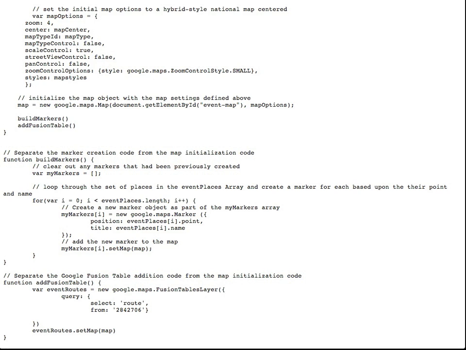Now let's look at the second function, the AddFusionTable function here, where we start the function again with just giving it a name. And since we're not passing it any parameters to modify its behavior, we're just going to have an empty pair of parentheses. And here we're using the syntax for linking to a Fusion Tables layer, as is documented in the Google Maps API documentation, where we're creating, in this case, a variable called event routes that is a new Fusion Tables layer,